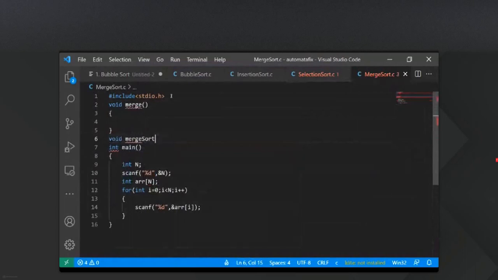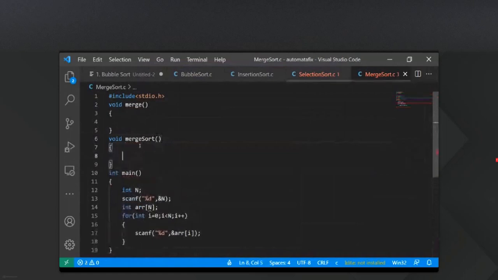So one is merge sort, the other one is merge. Okay, so now for merge sort, this is going to do the process of divide. Divide and conquer. It is going to do this division process. And merge, this is the merging process we first of all saw, right? So merging process it will be doing